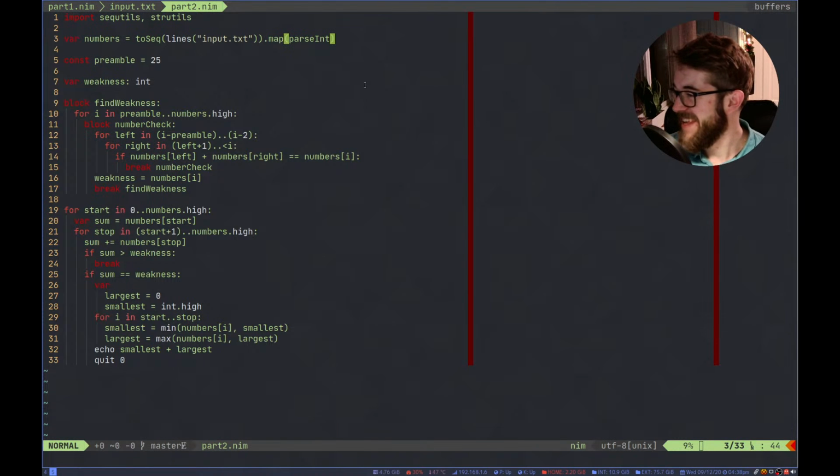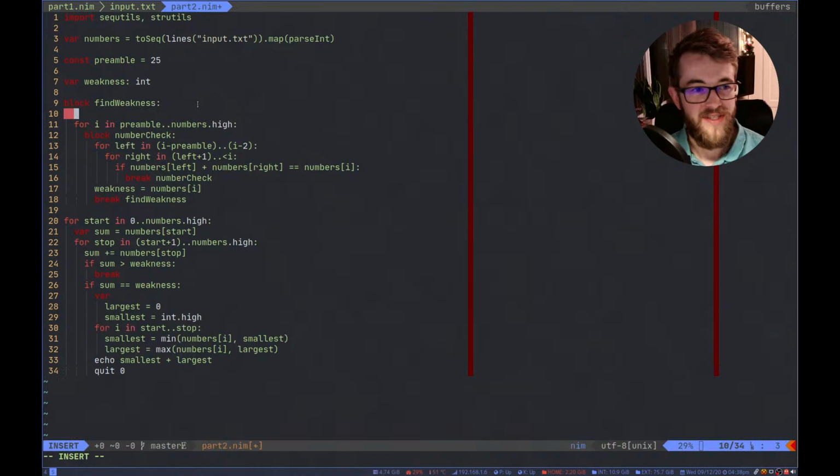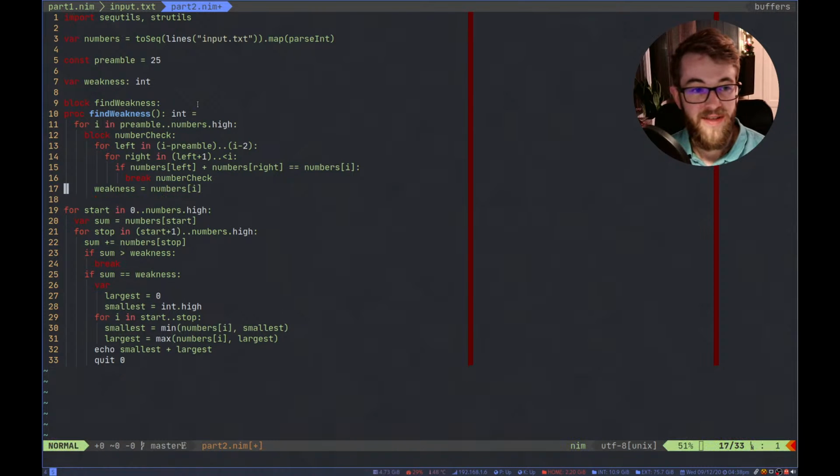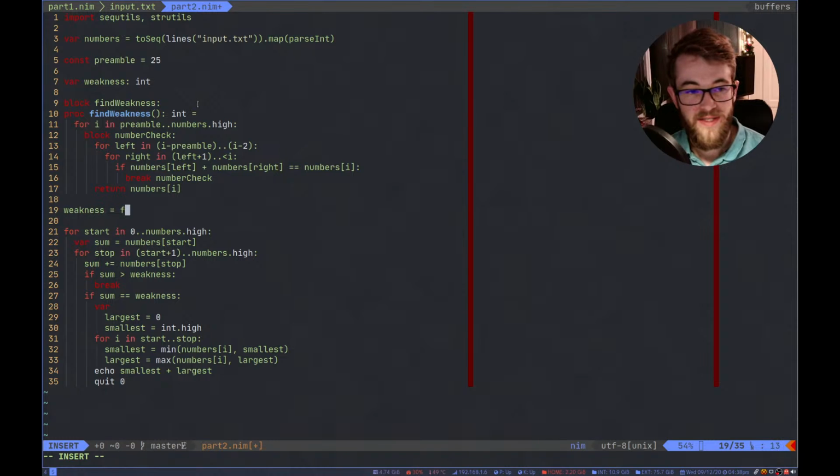Yeah, blocks. I really like naming blocks and being able to jump out of them. In this case, this should really just have been a procedure, like proc find weakness, and then we could just return the weakness here, and say that weakness is equal to find weakness.